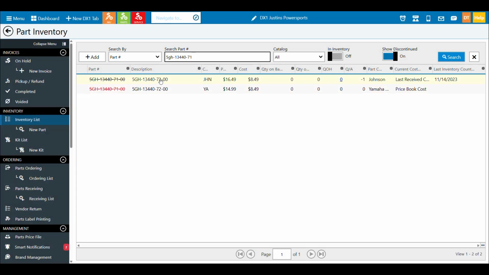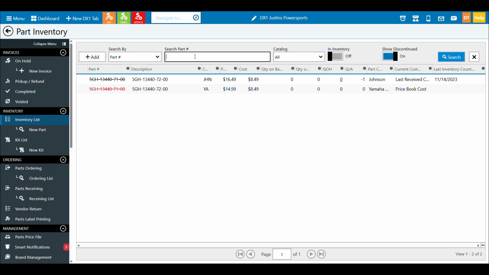And so we can see down here, even without typing the full part number, just to reemphasize and embed what we're talking about, the difference between black and red parts. This part from this vendor, even though it's the same part number, I've had it, but it's discontinued. Here from this vendor, it's red, I have not had it.